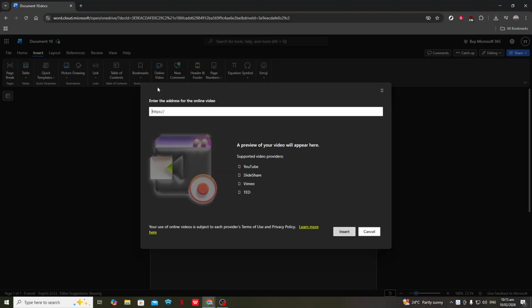Word will now place the video directly into your document at the cursor location. You should see a still image or a video frame, usually with a play button overlay. You can click and drag the corners of the video to resize it if it looks too large or too small. Try to keep it at a size that makes sense for the page layout and doesn't push your text